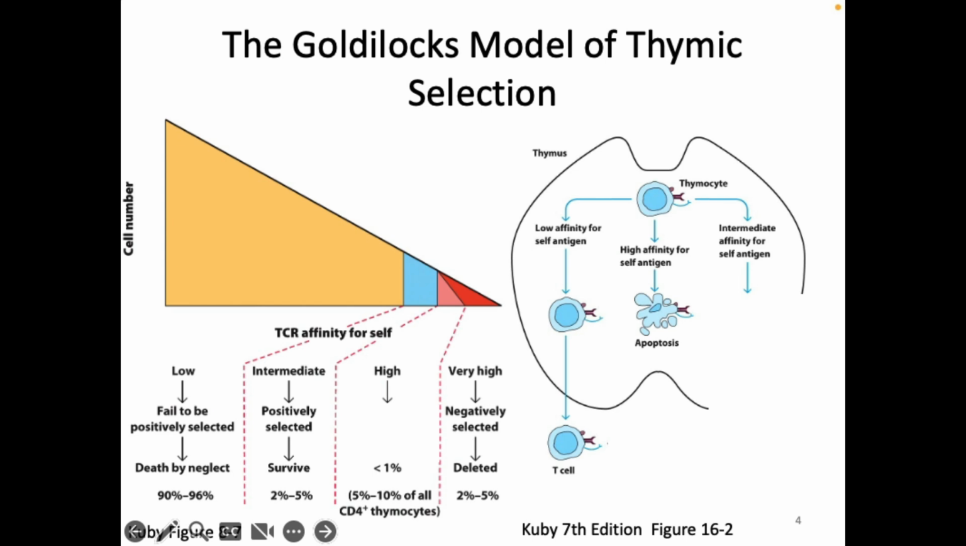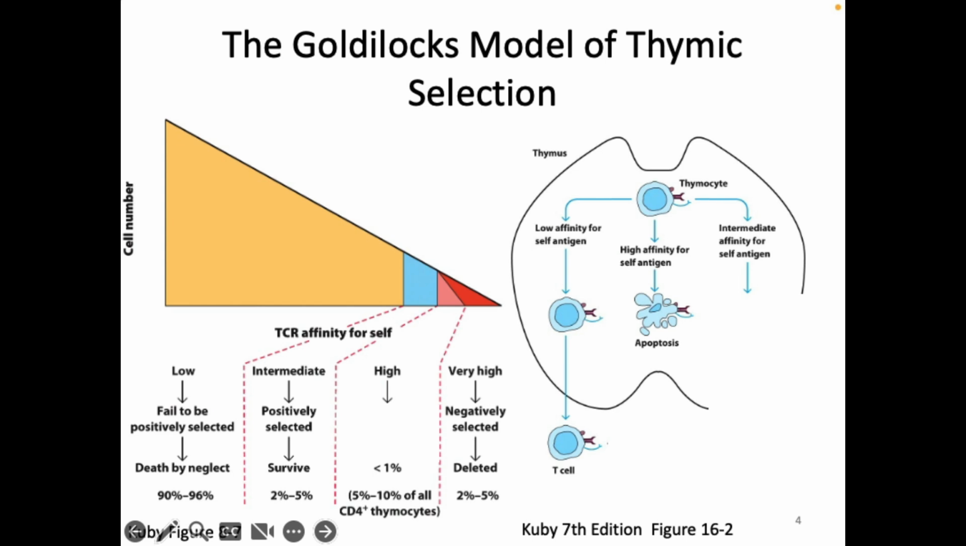But if we get low to really no signal, that cell fails to be positively selected because it doesn't even bind to MHC, and it's going to undergo death by neglect. So it's going to undergo apoptosis, but it's not actively killed. It just passively dies because it's not getting any signals for growth. If the cell has a very high interaction with self-antigen, it's going to be negatively selected. And so now it is an active induction of apoptosis